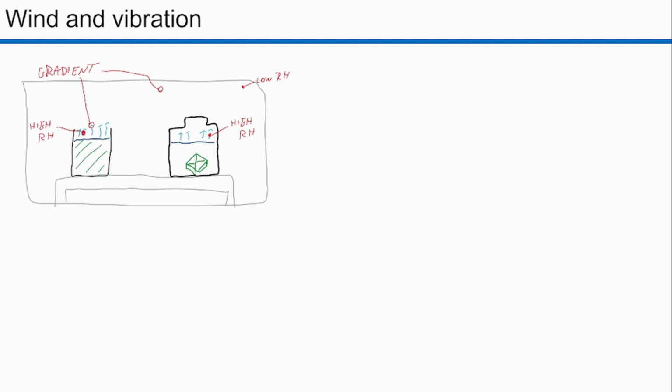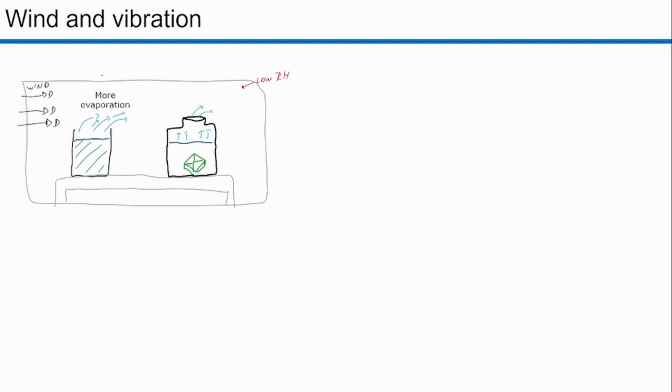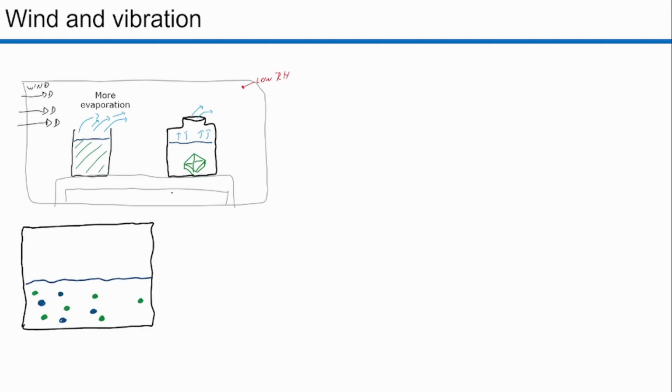So this gradient of concentration of water vapor will produce a transport of mass, mainly driven by diffusion, which is quite a slow process. If we add wind to this scenario, then more evaporation will happen, and we can easily